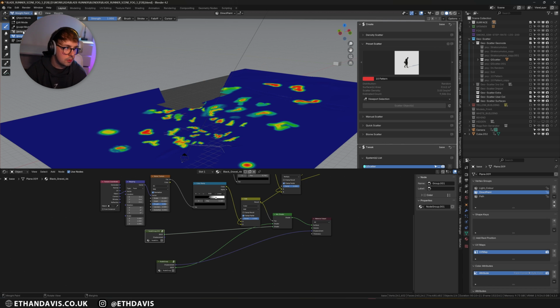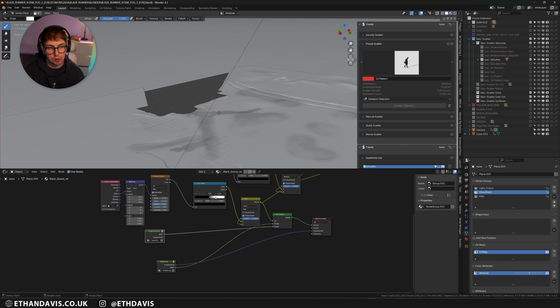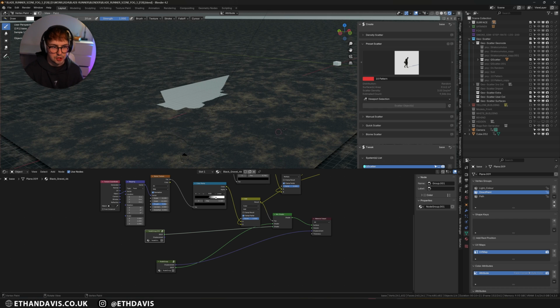Now to start off with, I used this as a base mask for every single one of the rocks. This is where the pathways are, and this is where the big parts of the image texture are white. And the main reason for that is that my thinking is that when there's less rocks, you're going to see more of the white, grey, brownish dirt, and where there's more rocks, it will probably be more black.